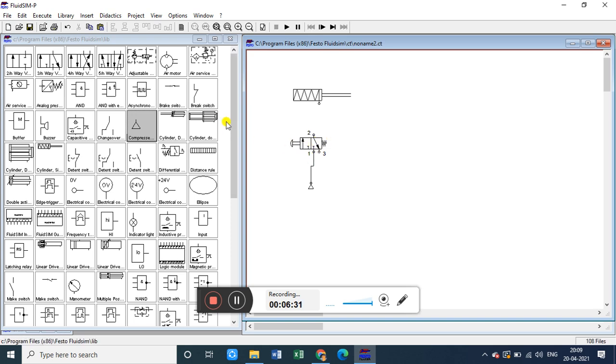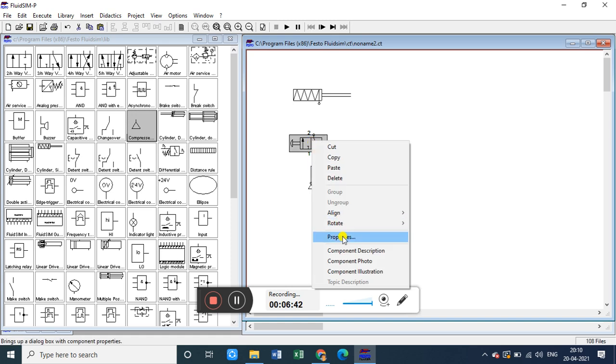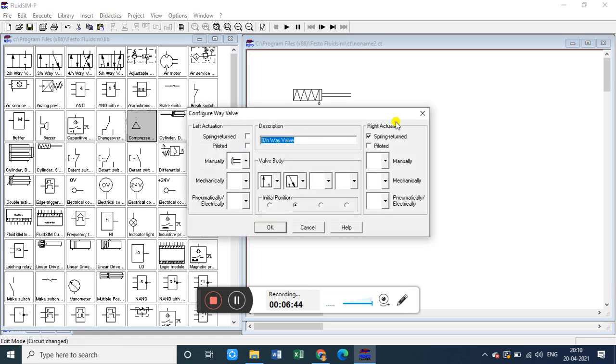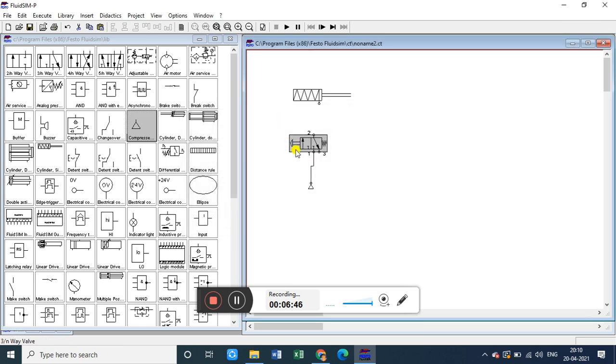Okay, so initially when I dragged it, the compound looked like this, just like this 3 by 2 wall. Right now I have changed the properties of this wall this way, and I got the push button and the spring. Okay, so just as I connected this air supply here,